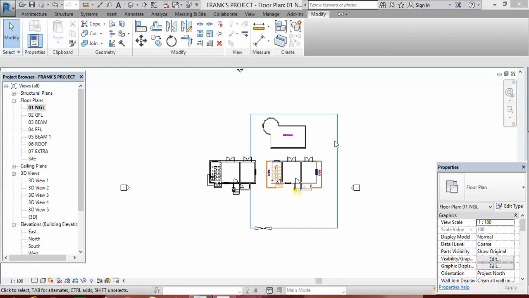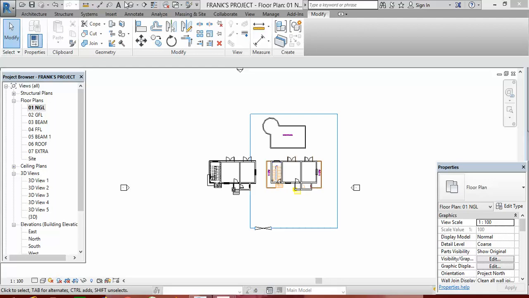How do we start? If you look on the screen, you will see two drawings. One is imported, one is done inside Revit originally. The one on my left is the existing drawing done on Revit. The one on my right is the one that I imported from AutoCAD. But I'm going to delete some things because there were some things I did in order to teach us how to erect walls on an imported